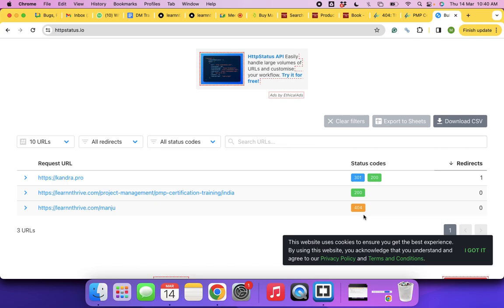Hypertext is the file type. Such a file exists or does not exist. Hypertext transfer protocol is transferring the information to the browser. TP is transfer protocol. If it is available, 200 is sent. If it is not available, it is sending 404. If it is redirected to some other page, it is 301.